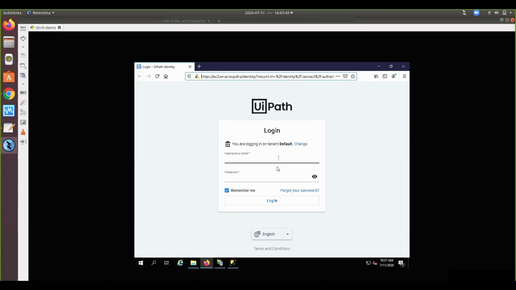At the time of UiPath setup, we have given the default password. So we need to use that password to log in to the default tenant.